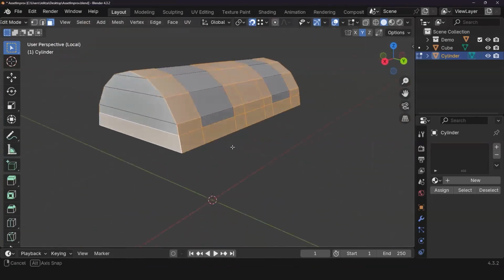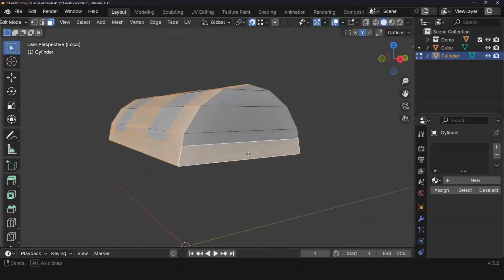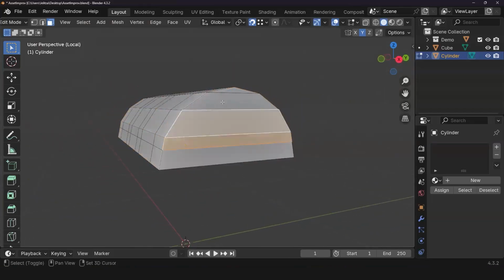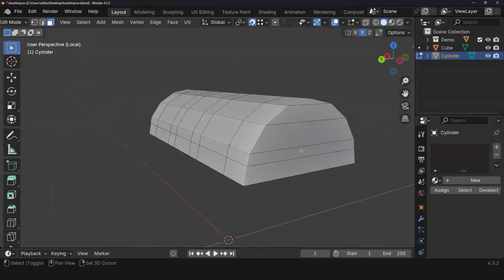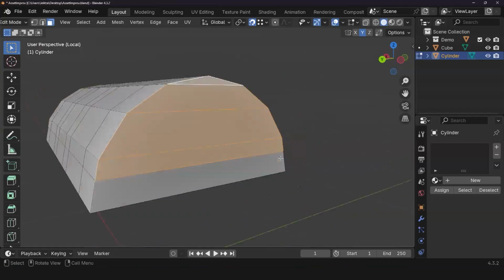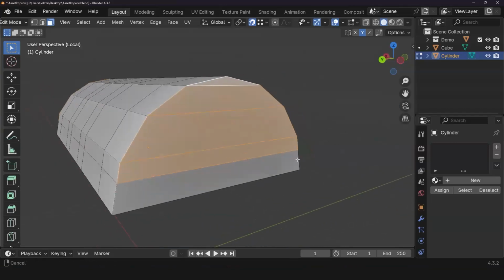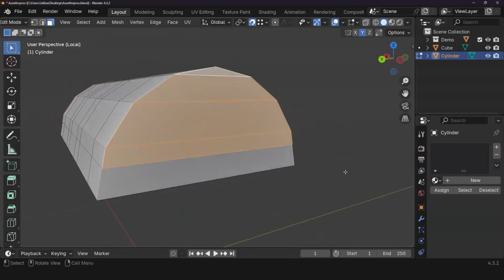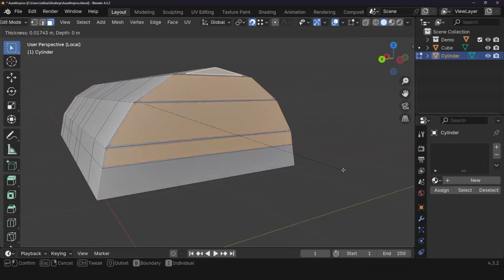Let's problem solve here. I know exactly what's going on. I need this to be inset. Let's try this. So for example, I'm going to press I.